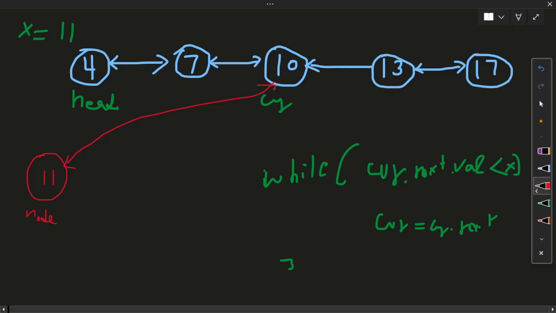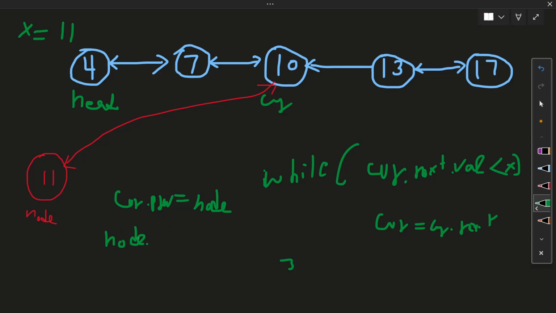We establish this link. Let me write the code side by side. So current dot previous will point to node, and node dot previous, yes, right. So node dot next,